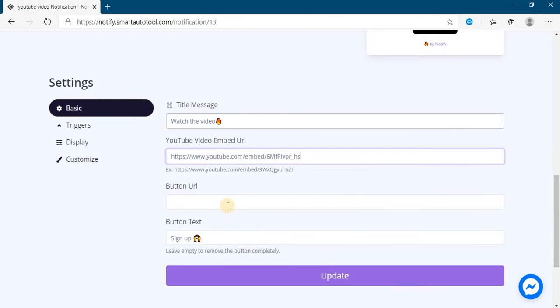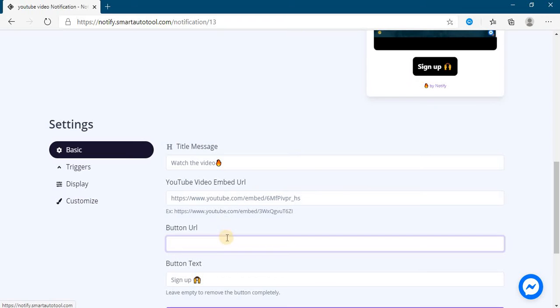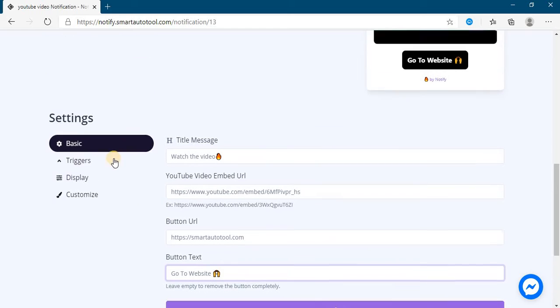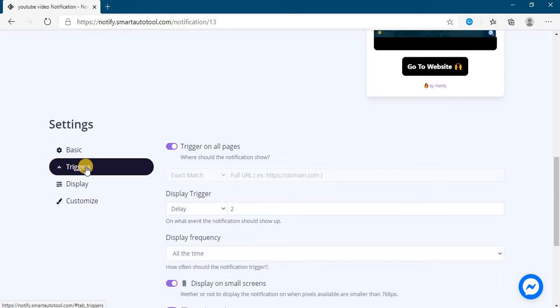You can see if you want to set any URL, button URL, any button link, then trigger.